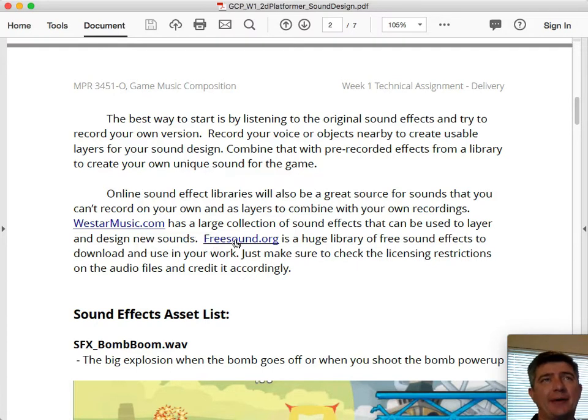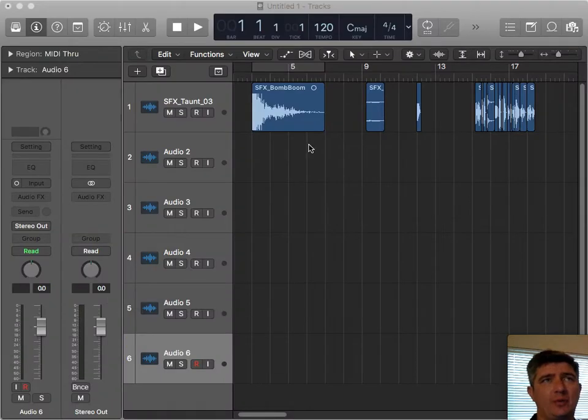There's also freesound.org, which is an online, Creative Commons driven community site for free sounds. It is a huge repository of sounds. There are a whole lot of very bad sounds on there, but also a whole bunch of very good sounds. You're going to have to wade your way through to find some useful stuff if you don't find it on Westar Music.